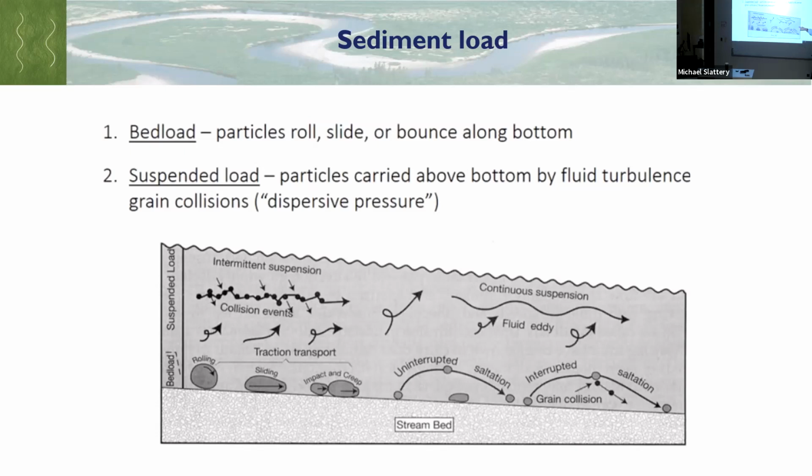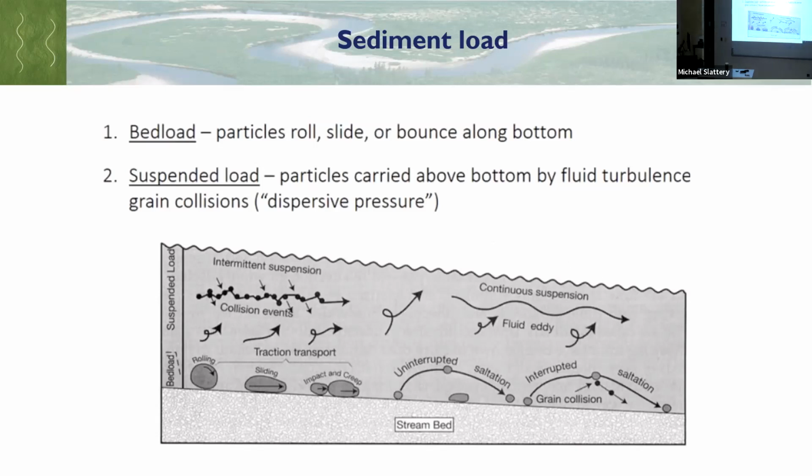And that saltation can be uninterrupted. In other words, you get a pulse of velocity, it lifts a coarse particle up, and then it puts it back down on the bed, right? Or it can be interrupted, where it gets into the flow, there's a little turbulence, it keeps it, and then it puts it back, right? The bottom line of this is that all of this is occurring close to the bed